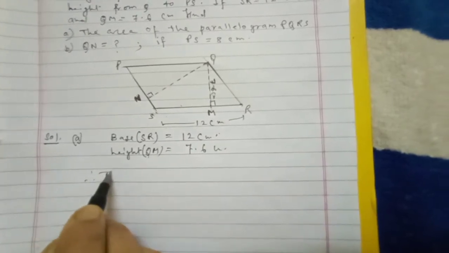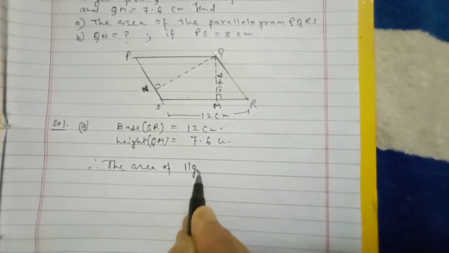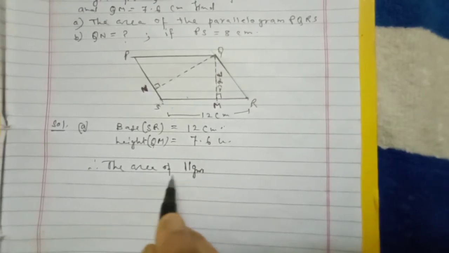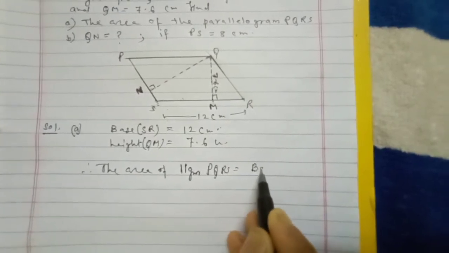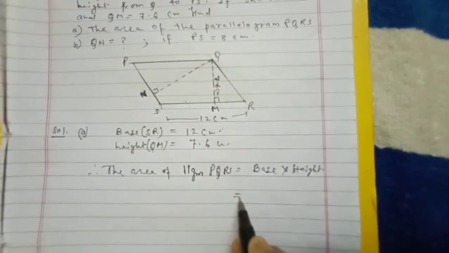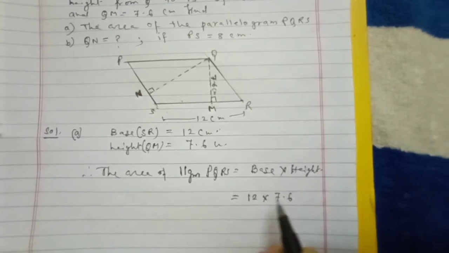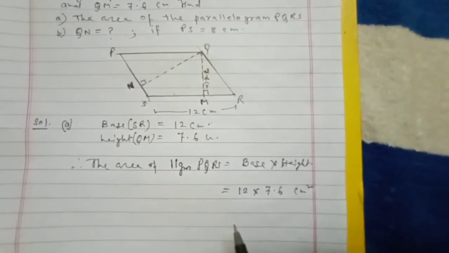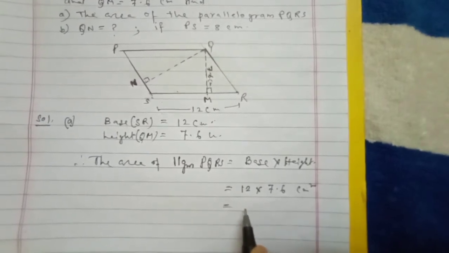Therefore, the area of parallelogram, short form of parallelogram, is two parallel signs and gram. Area of parallelogram PQRS is equal to base into height, 12 times 7.6. When multiplying, the answer will be in centimeter square. In the rough work, you will see that the answer is 91.2